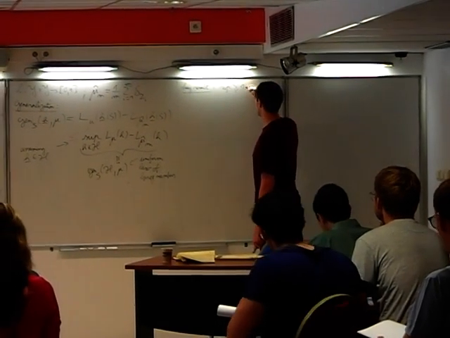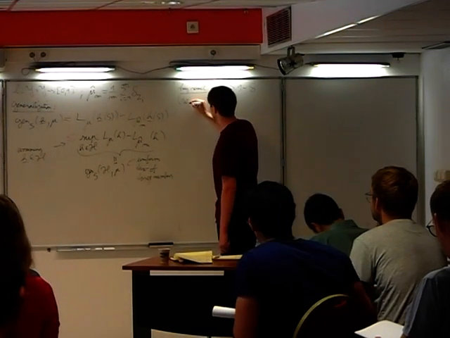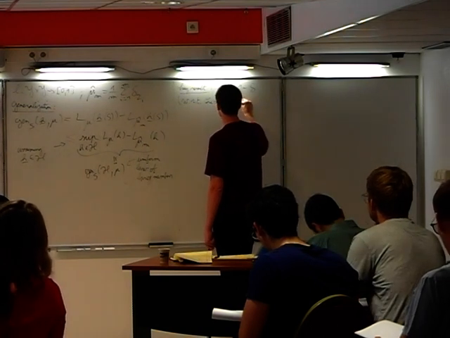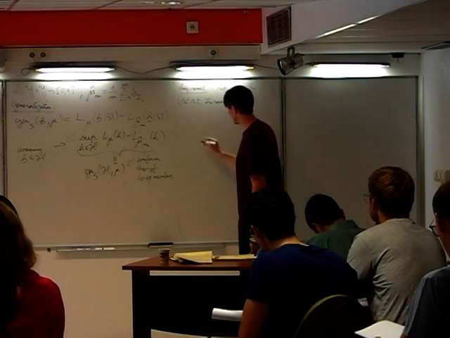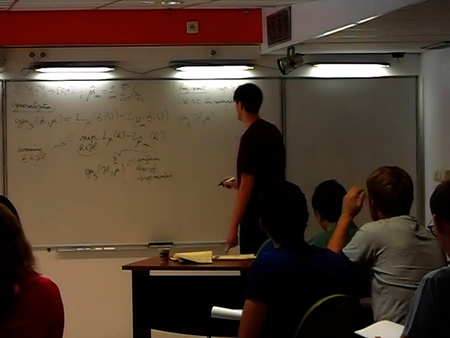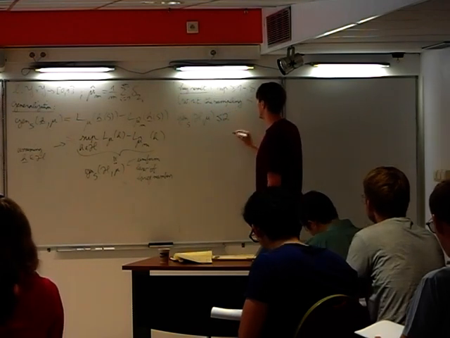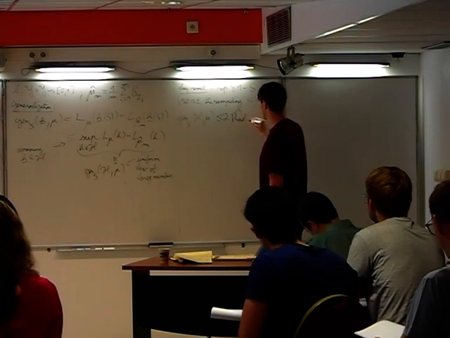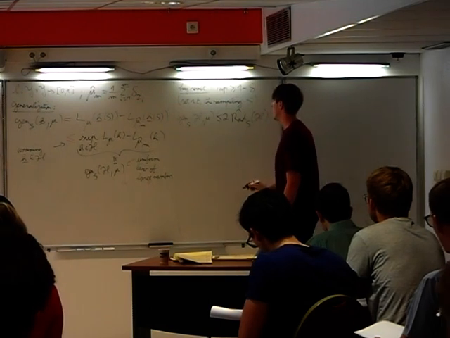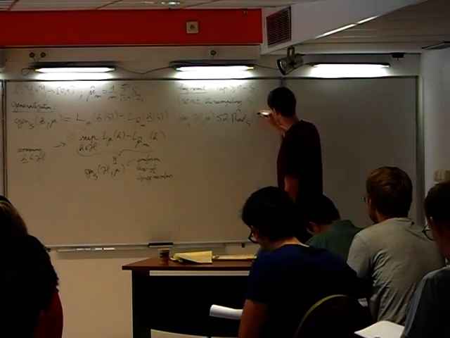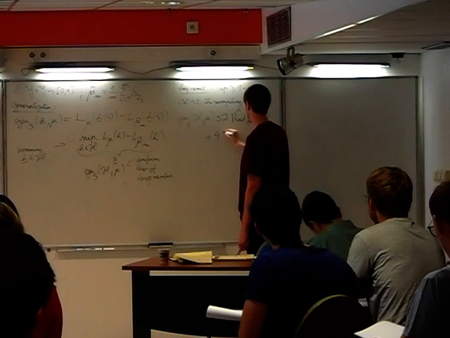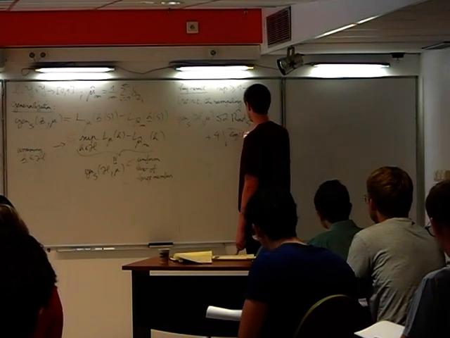With probability at least 1 minus delta with respect to the sampling of S, the generalization of the function class, of the hypothesis class H, is upper bounded by 2 times the empirical Rademacher complexity of F plus, let's say, 4 times the square root of log 1 over delta over m,